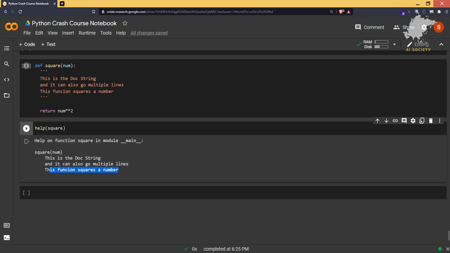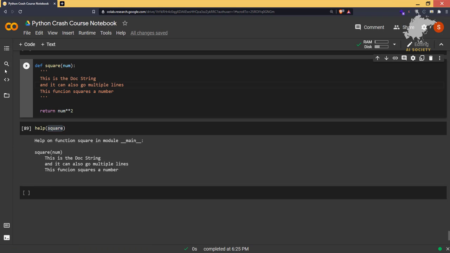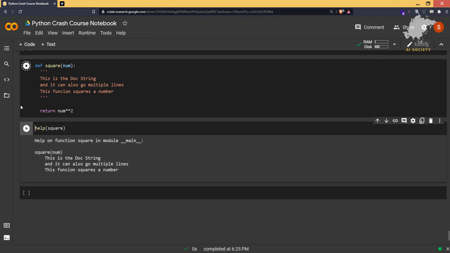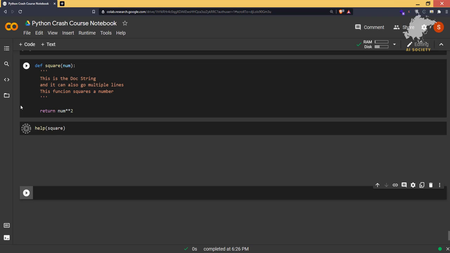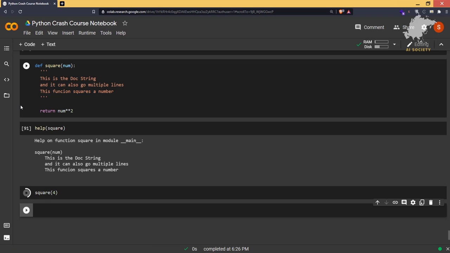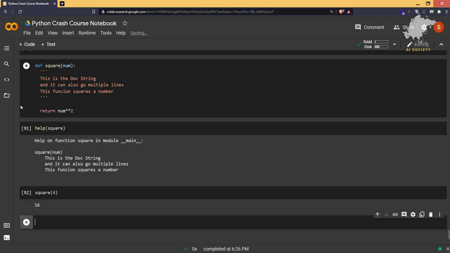So whenever you type help here, it will give you the documentation string or help string easily. The inbuilt functions have a lot of documentation strings already included, so that people can understand what is going on in a function. That is what the documentation string does, and the function will work completely normally as it was working before. No changes will be there, and you can see the output now.